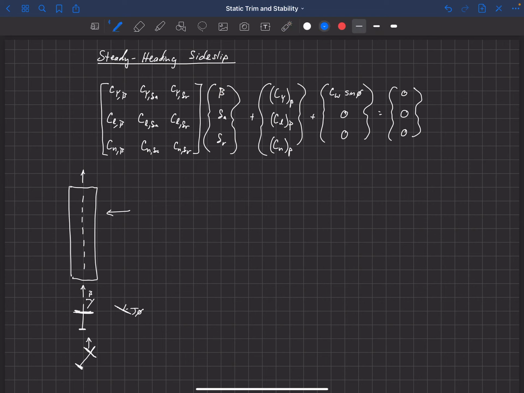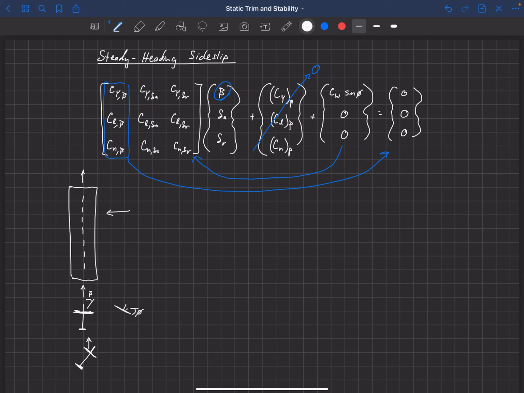First of all, we're going to neglect this term here. We'll come back and talk about why that's not so detrimental. But we're going to say that goes to 0. And then we're going to say that beta is a known. So I'm going to take this column and move it over to the right-hand side along with beta. And then I'm going to take this column here and insert it into this matrix.